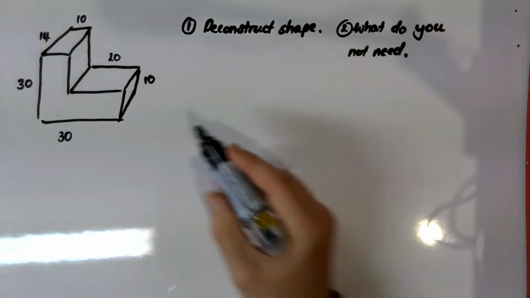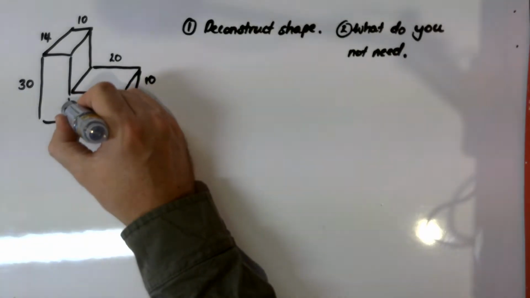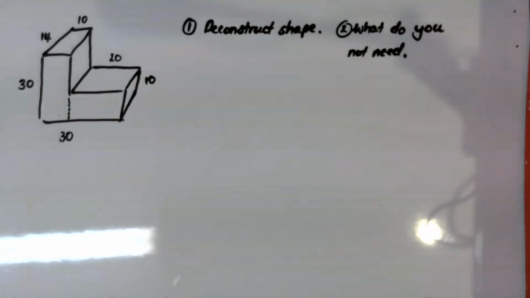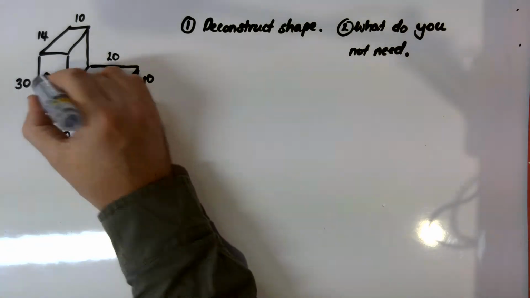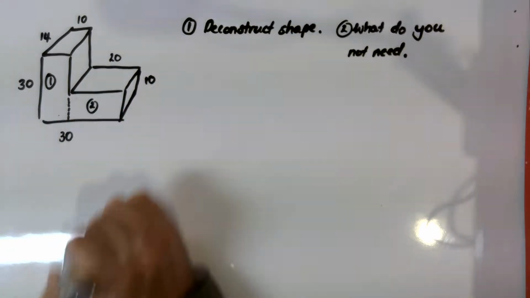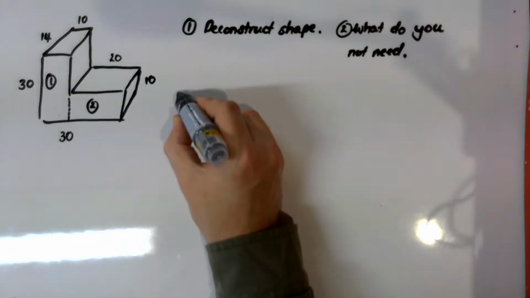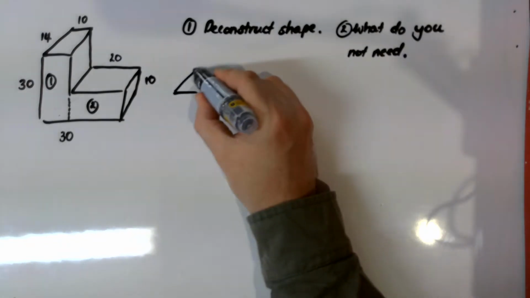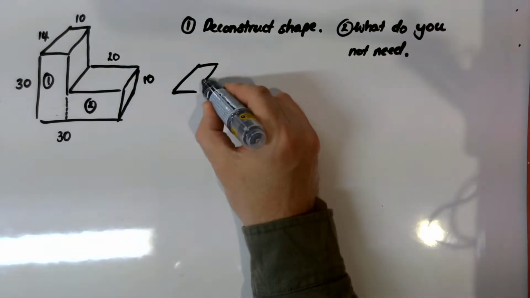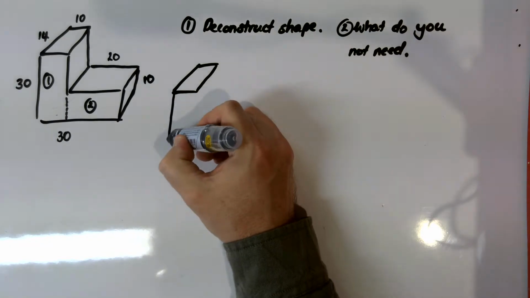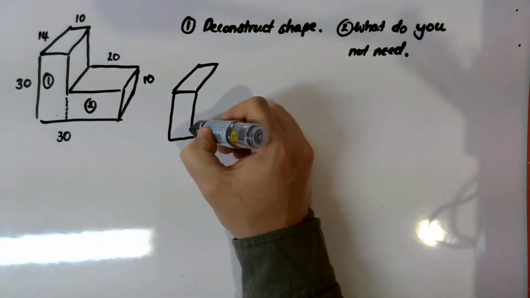in two. Now, I'm a vertical cutter, so I'm going to cut it down like that. I'm going to call this shape 1 and I'm going to call this shape 2. Now, next year when you go to Don, they will be marking you on your mathematical communication, so let's get used to it now. So all I'm going to do is I'm going to take that first shape and I'm